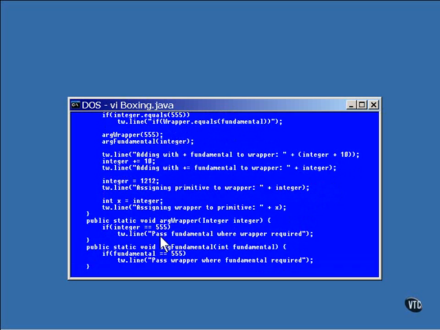Here is the method itself. In the call to the method, the compiler boxes the int as an Integer object and calls the method with it. Now, inside the method, the double equal sign is used for comparison, so the value is unboxed again for this comparison operation. Here you see there's a call to argFundamental, which passes an Integer object. But the method itself requires a fundamental data type. The value is unboxed at the point of the method call, and the value is passed to this method and